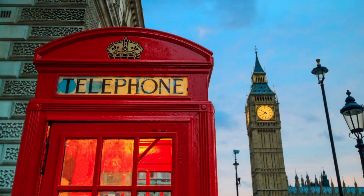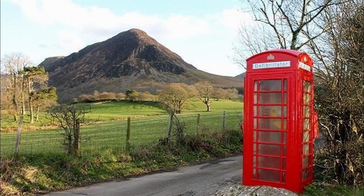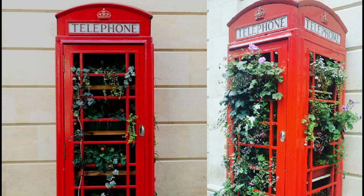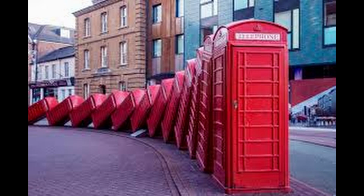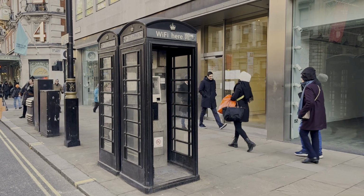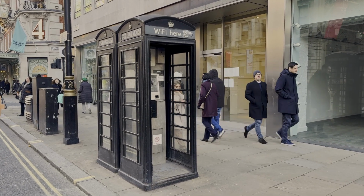The red phone box is amongst the most iconic landmarks today. 60,000 were installed across Britain between 1926 and 1983. But this icon lives on in many forms and uses which Scott could never have foreseen. From libraries to gardens, from pop-up shops to art installations. One of the great things about the K6 is the number of ways people come up with to reuse them